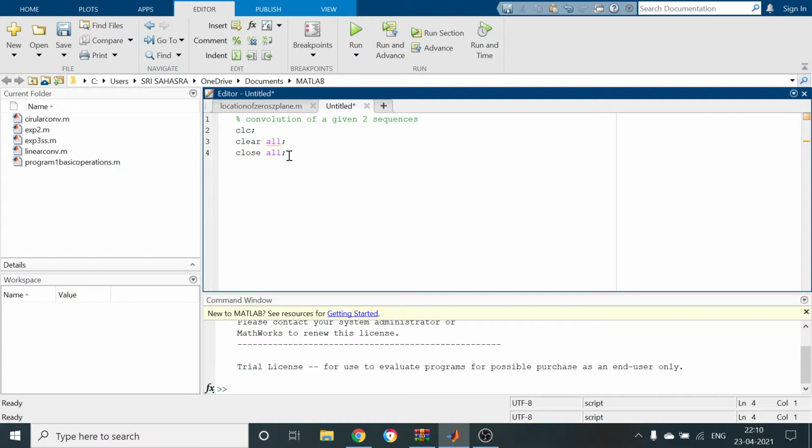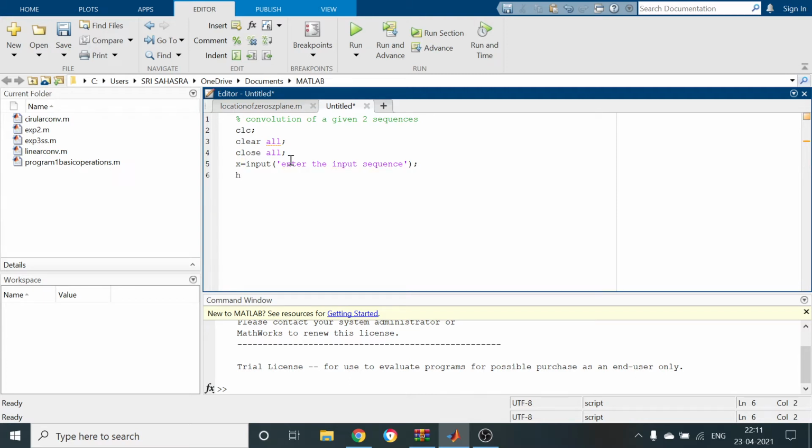So I am going to take two signals, two sequences. Here we are going to take discrete time sequences. X equal to, I am going to take one sequence as input, enter the input sequence. Next, similarly, the impulse response.